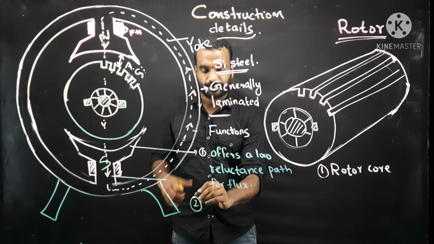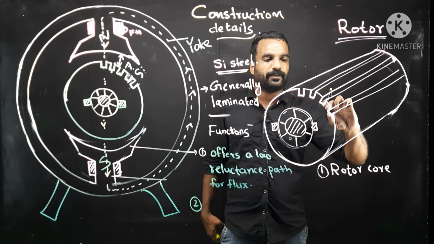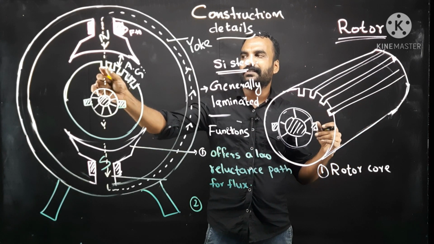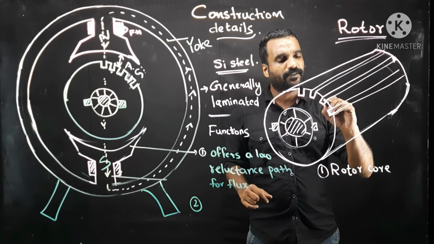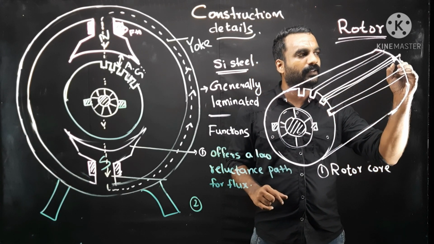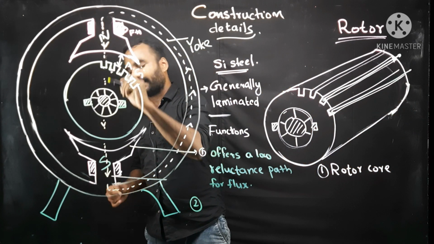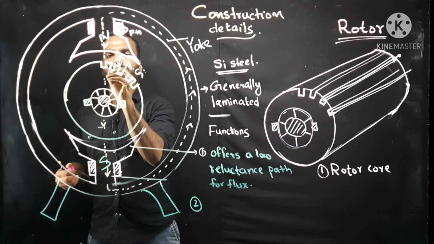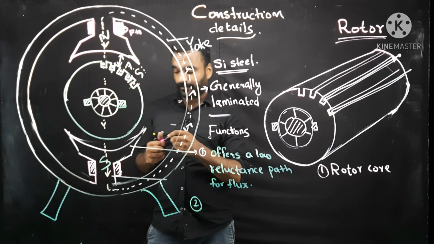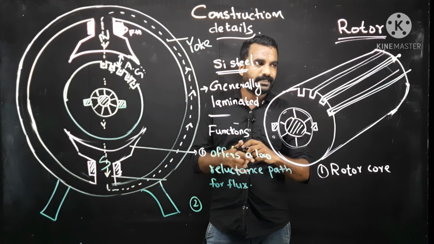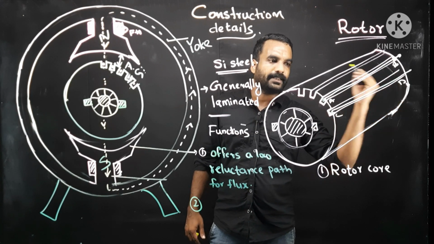Second point, you can see some slots on the outer periphery. In the front view, you can see some cuttings only, but they are actually long slots where I can place winding conductors. This is one conductor. This is another conductor. In front view, these conductors will be marked as small dots like A, B, what we did in the previous class. But in side view, you can see the total conductor AB, CD like that.